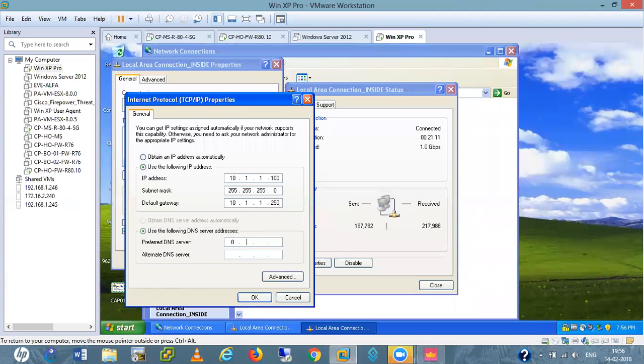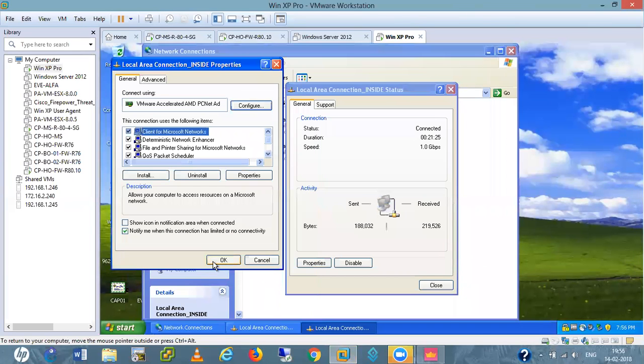I use Google DNS here. I can just put my local DNS, not an issue, 10.1.1.221, because it is not available right now.